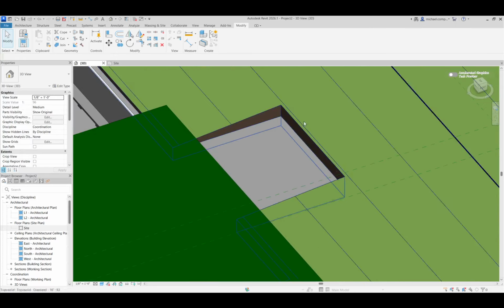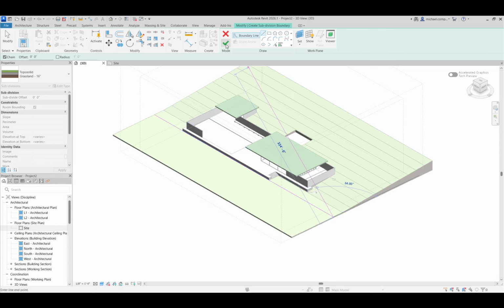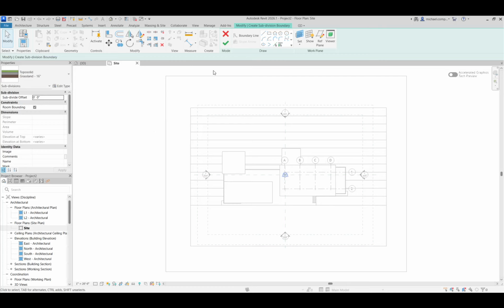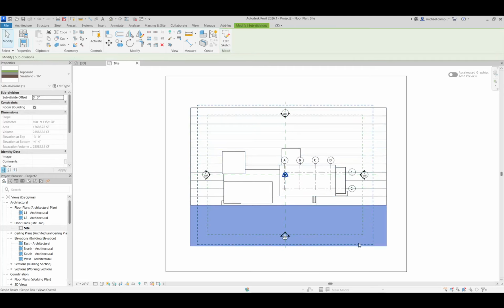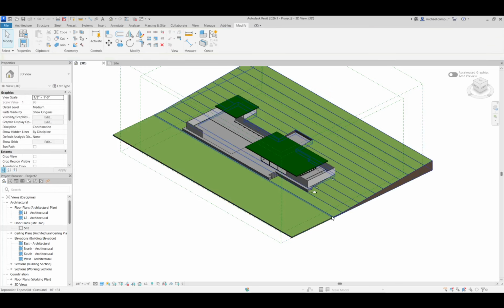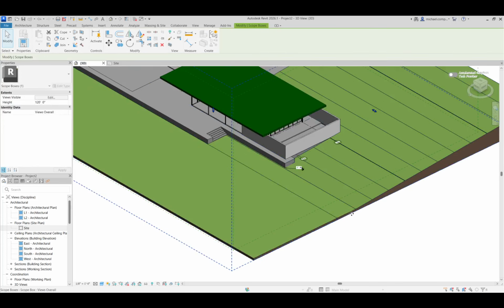The other thing you can do is, since this space right now is just one big object, there's a couple ways of changing this topo solid so you can create different materialities. So I'm going to hit subdivide, and I'm going to draw this line from here to there and hit OK. Actually, sorry, I think I have to make it a rectangle. I'm going to go back to the site plan and make it a rectangle from here to there. Hit OK. Now, when I look at that thing back in 3D, you'll realize that it isn't part of the topo solid anymore. It's actually a